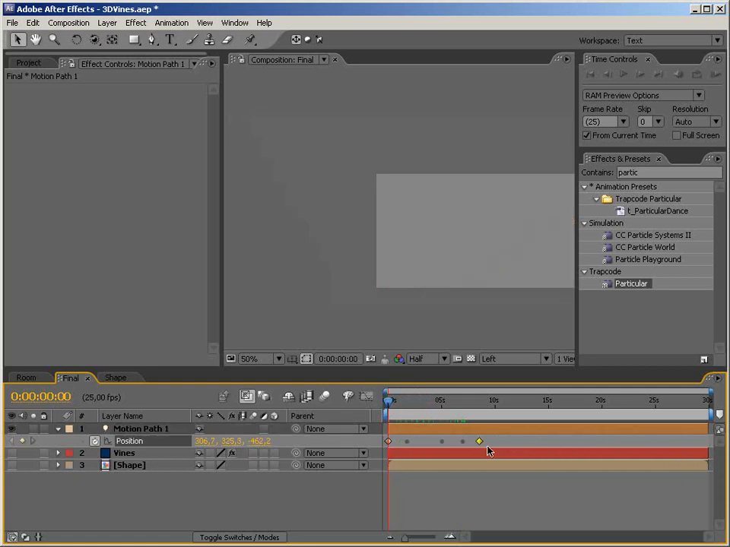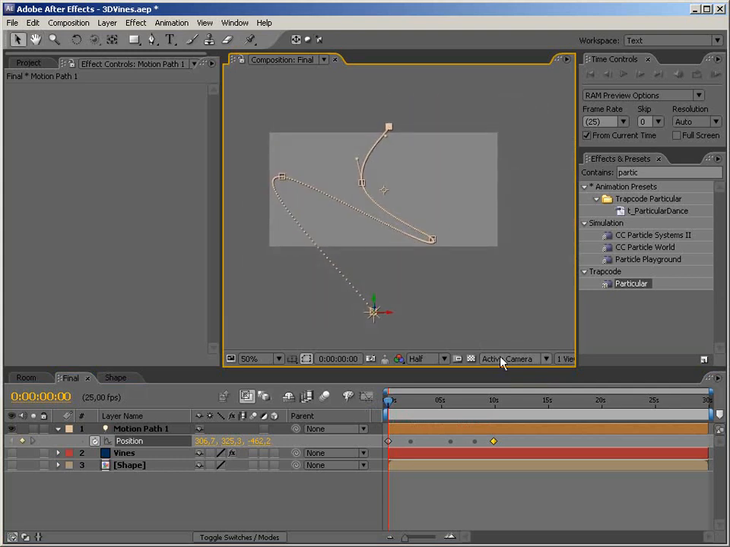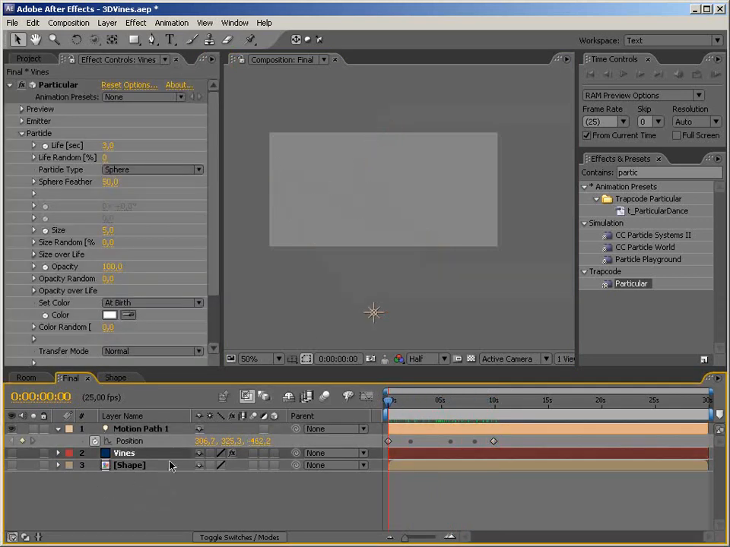And now we can just stretch it out, and I think that 10 seconds is just about right. So basically this is our motion path that we're going to use as our extrusion path, and from the camera view it looks something like this, which I think is exactly what we need. Okay, so right now let's move back to our particular layer. We can turn off the motion path for now,